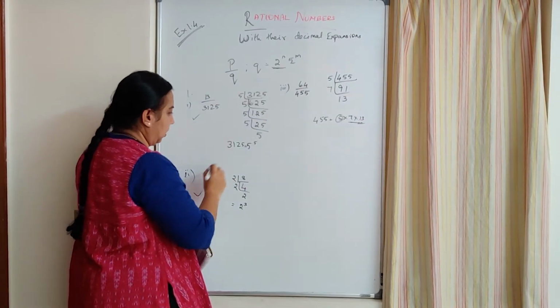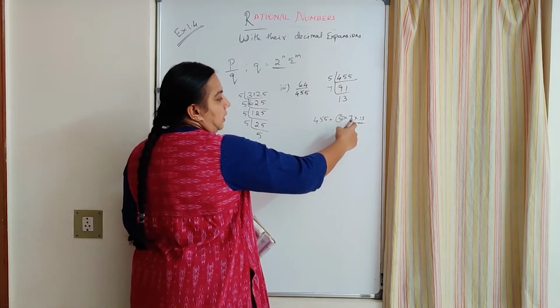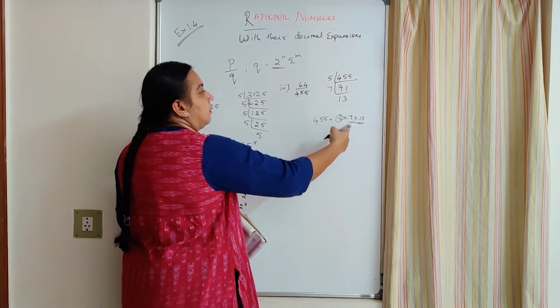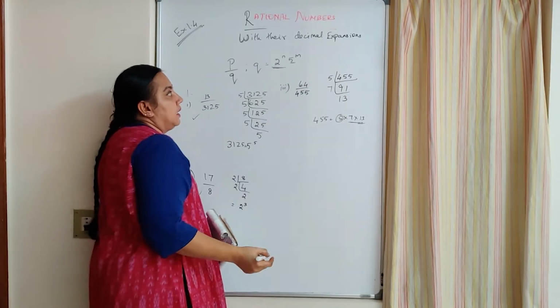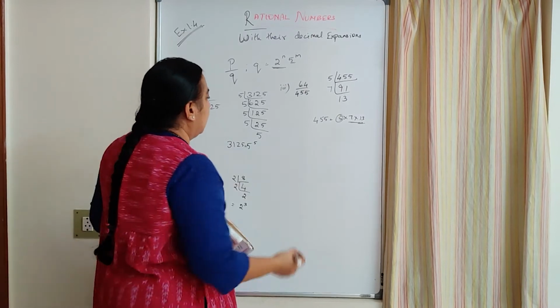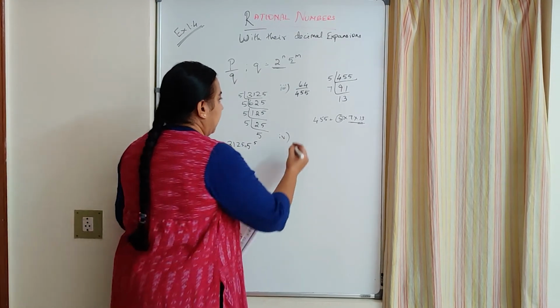These two have got 5 powers and 2 powers here. But here we have got other new prime numbers 7 and 13. Because of that reason, this is going to give a non-terminating decimal fraction. The next sum, 15 by